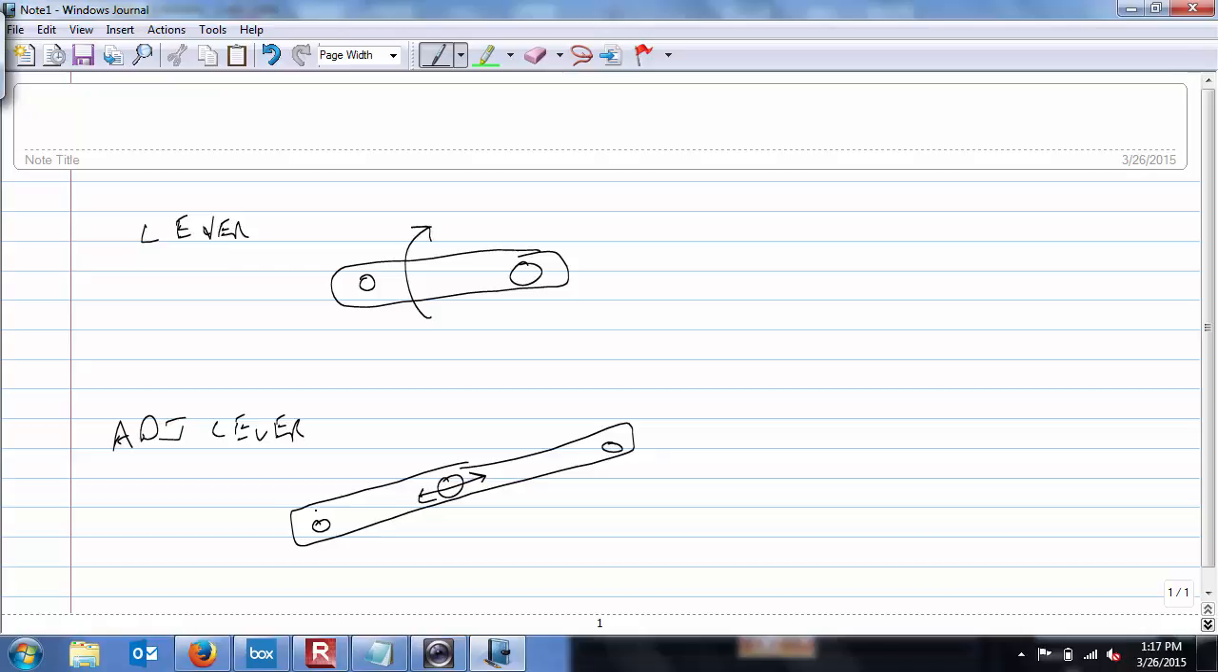So here's the end that you push up and down. This is the other end that might make contact. So this might be your contact down here. That's an adjustable lever? There's your adjustable lever. It's kind of sitting there in the middle. Yeah, I see that, but